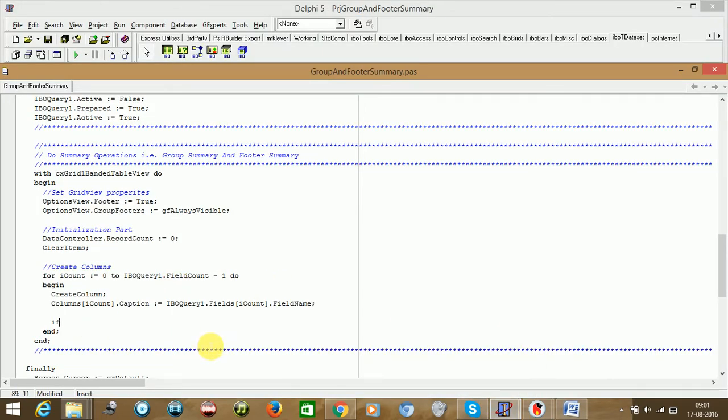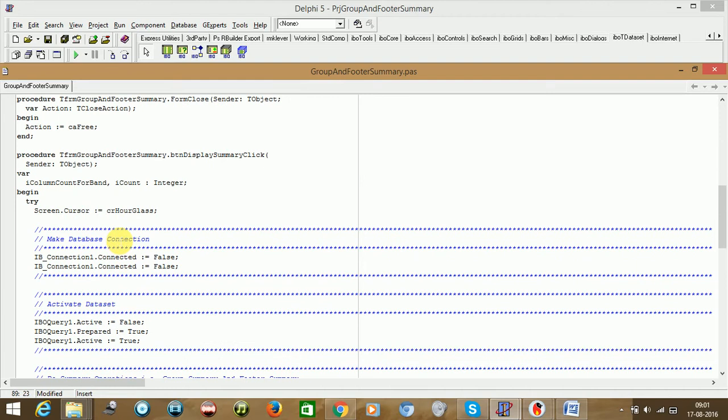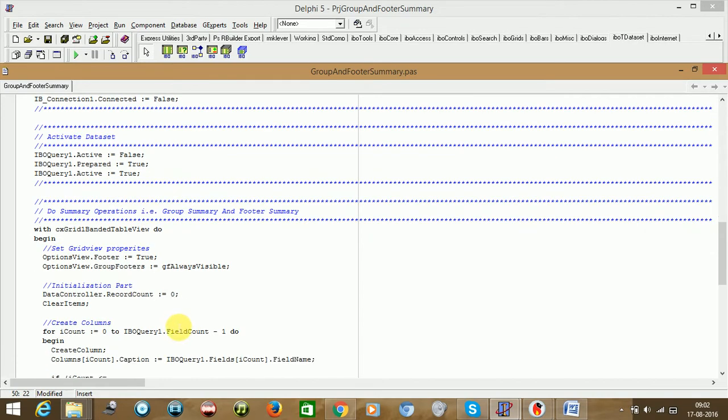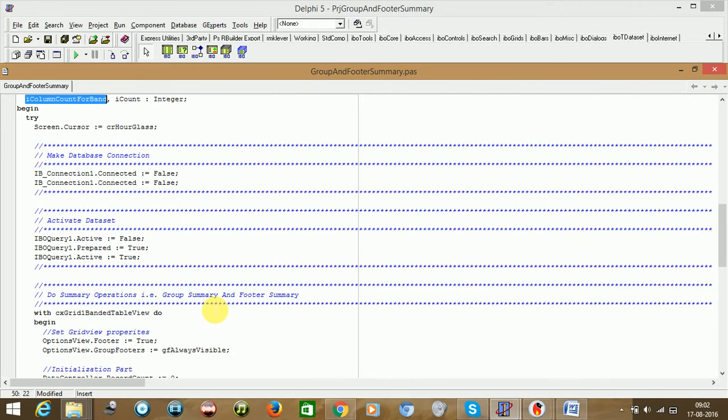So if we could say I column count is less than or equal to, as we have seen one variable we declared here, band, but we have not initialized that one.